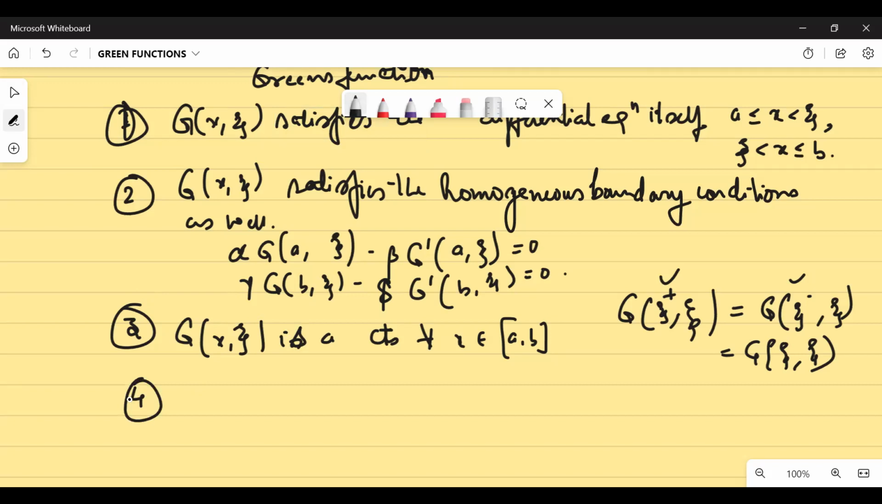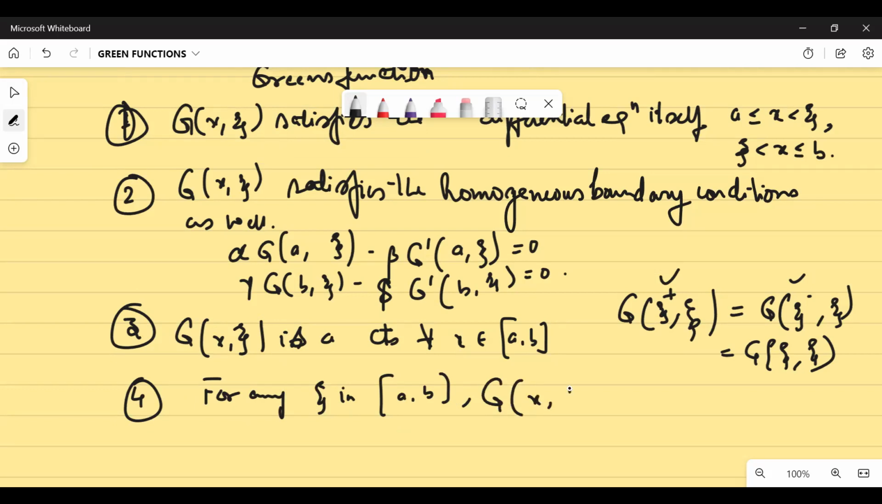Fourth point I should write, that is very important. It happens that your Green's function, the first order derivative becomes discontinuous, and the jump discontinuity that it has is given by some particular quantity that I'll write. So what will happen? For any zeta in (a, b),